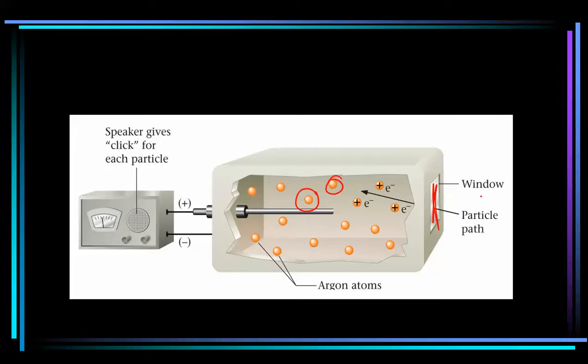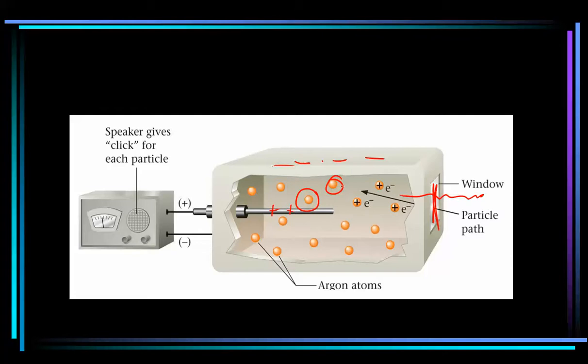Whenever a particle explodes outside this window and the radioactive particle, alpha, beta, or gamma, comes by and goes in there, imagine there's a lot of these going off in different directions, so we're just lucky that some of them go in there. If we're lucky enough for them to hit an argon gas atom, the casing is going to be negatively charged. Why? I don't understand electricity much. And this wire is positively charged.